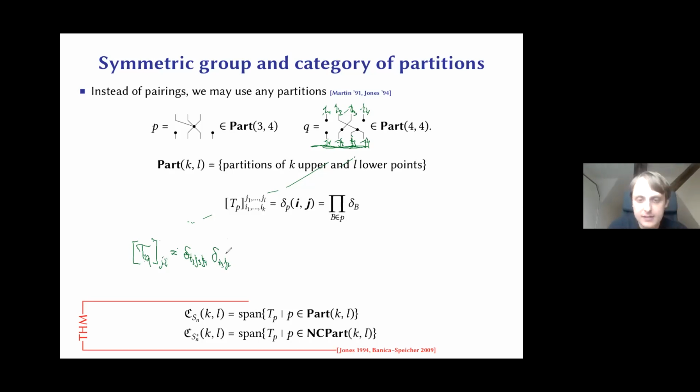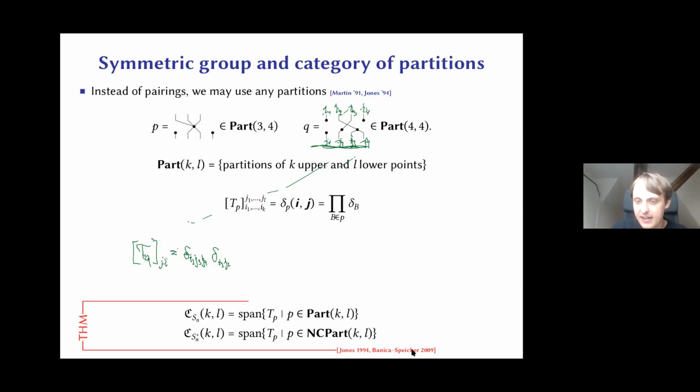And the claim is that this category with this particular interpretation corresponds to the symmetric group represented by permutation matrices. Okay, that goes back to Jones, and we can do the same trick, and this trick of removing all crossings